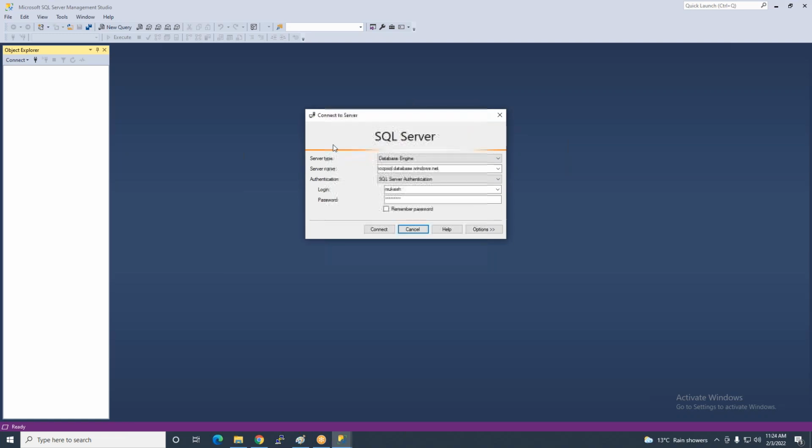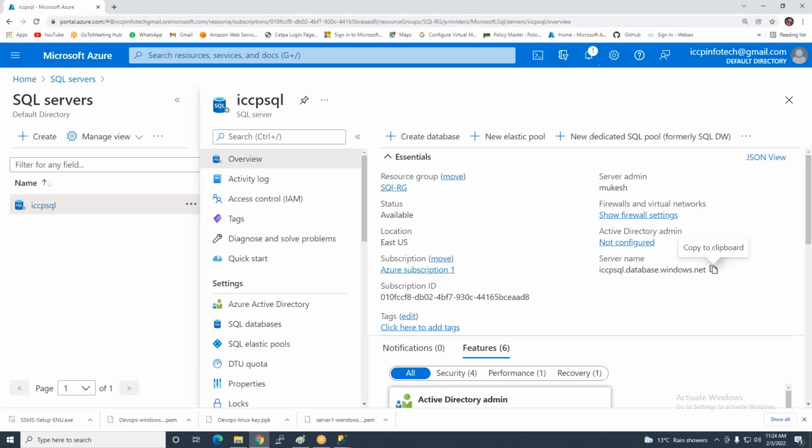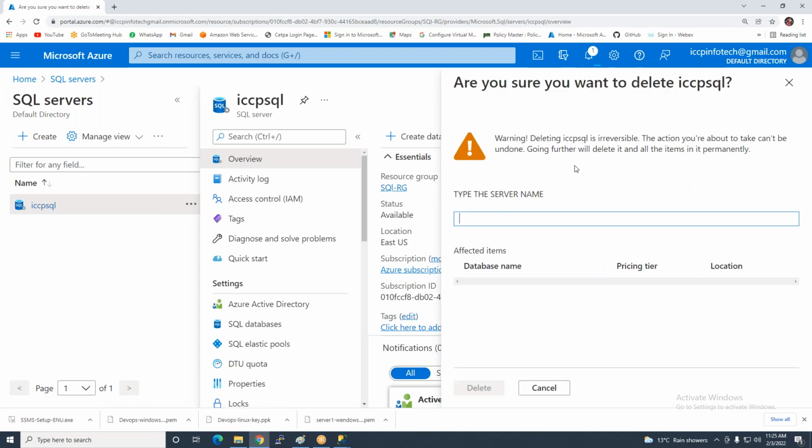error it gives me? Because I'm not allowed the server to a specific network। क्योंकि मैंने आपको बताया था कि बाय डिफॉल्ट मेरा पब्लिक एंड प्राइवेट दोनों नेटवर्क के लिए ये डिसेबल्ड होता है। Everyone, is it clear my point? So now I'm deleting this one, and now I'm just typing the